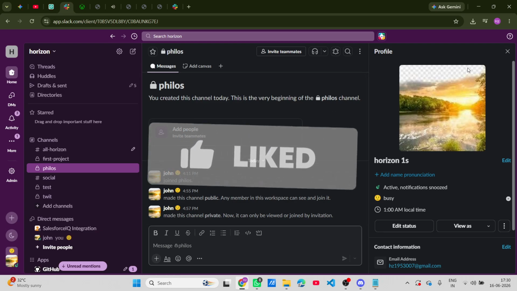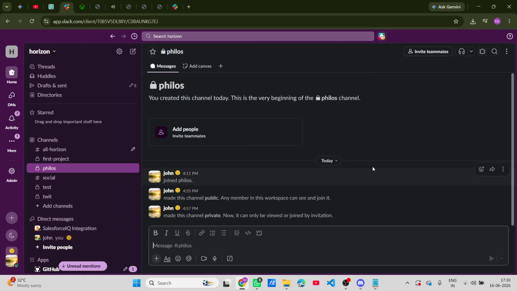All right, let's dive right in. First things first, you need to log into Slack. Head over to Slack's website and enter your credentials to sign in. Once you're logged in, you should see a list of your workspaces. Make sure to select the specific workspace where you want to share your files. This is important because each workspace can have different channels and users, and you want to make sure you're sharing